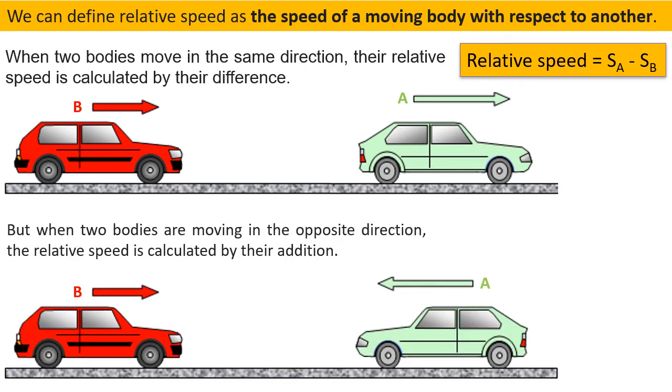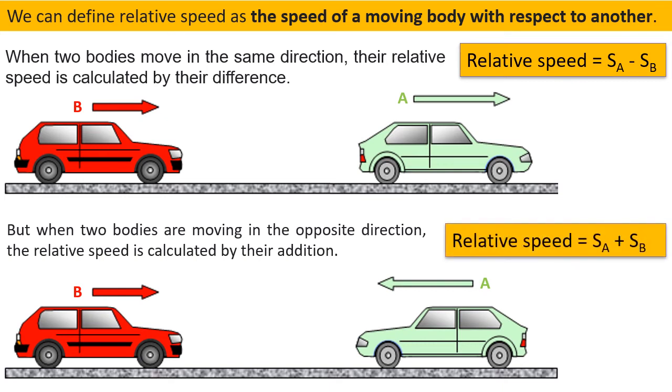But when two bodies are moving in opposite directions, the relative speed is calculated by their addition. As these two cars are now moving in opposite directions, the relative speed is the addition of their speeds, that